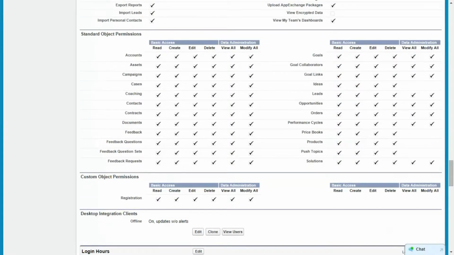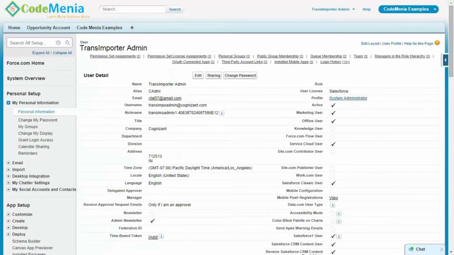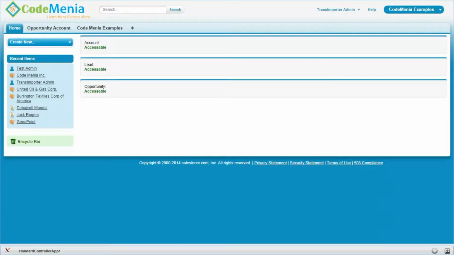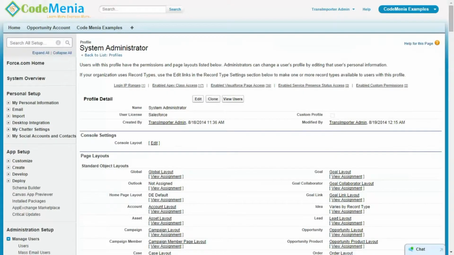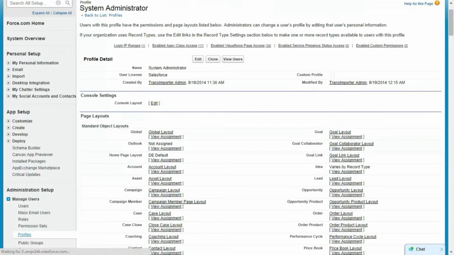Here all the permissions are granted, so the objects should be accessible. Here account is accessible, lead is accessible and opportunity is accessible. Now we are going to check for another profile.